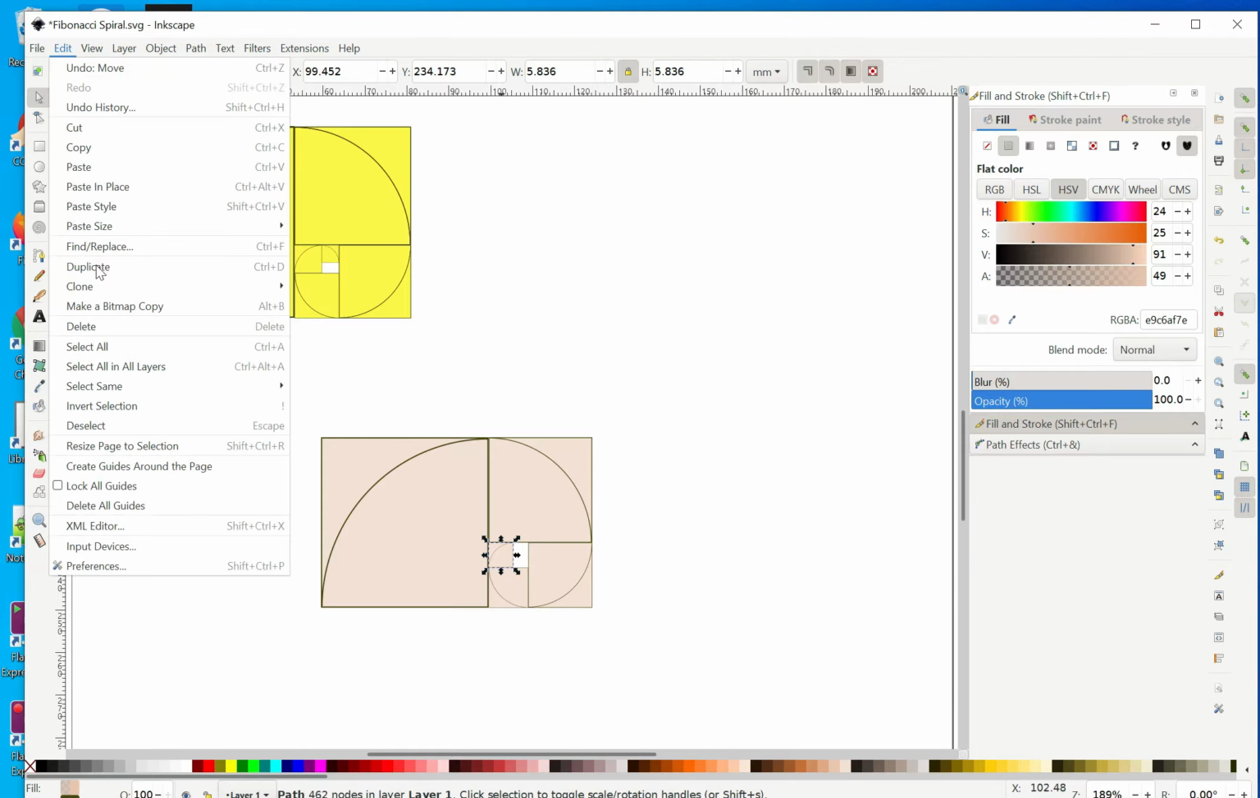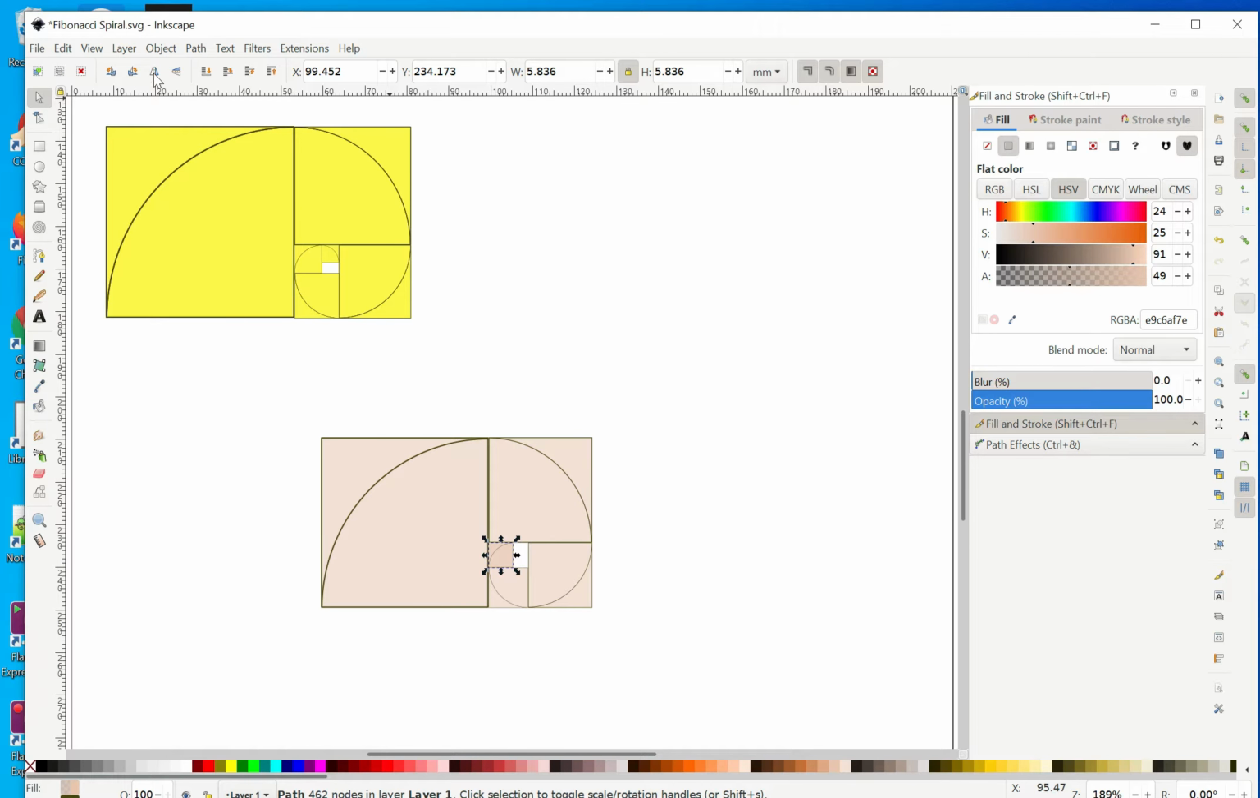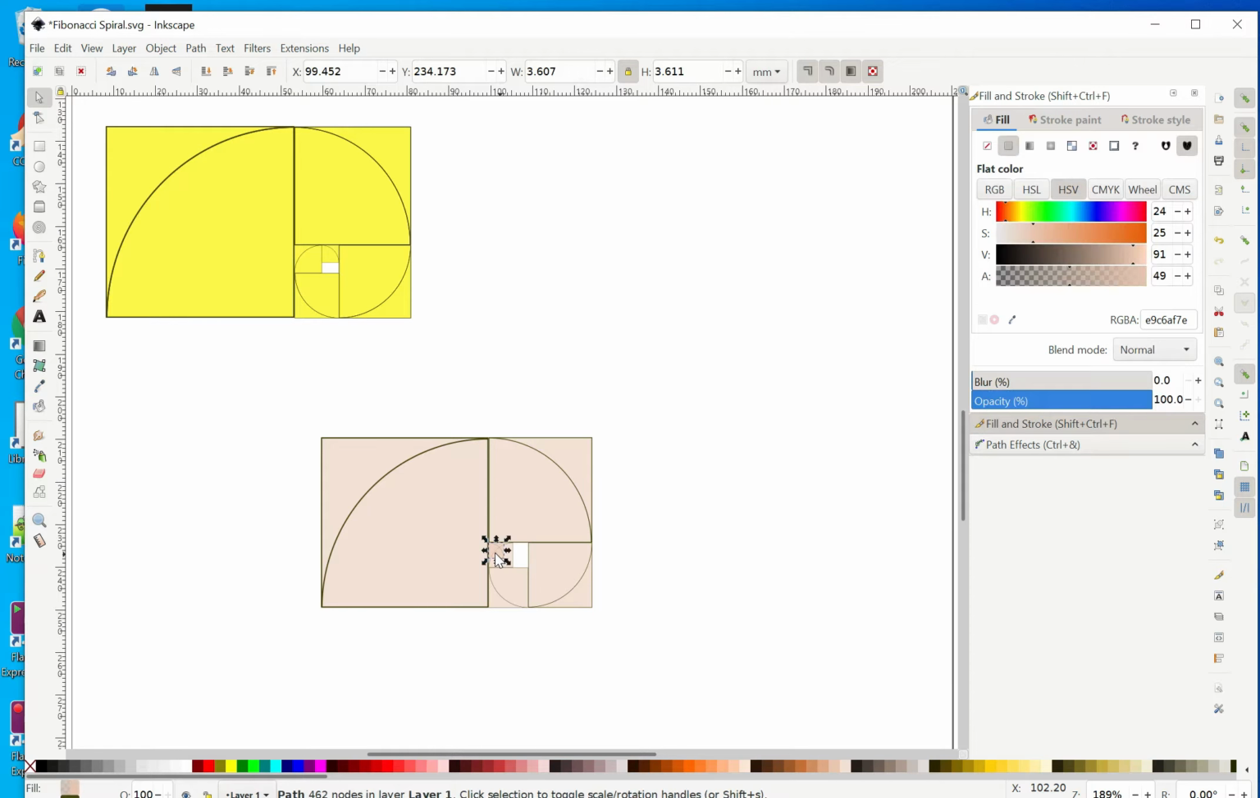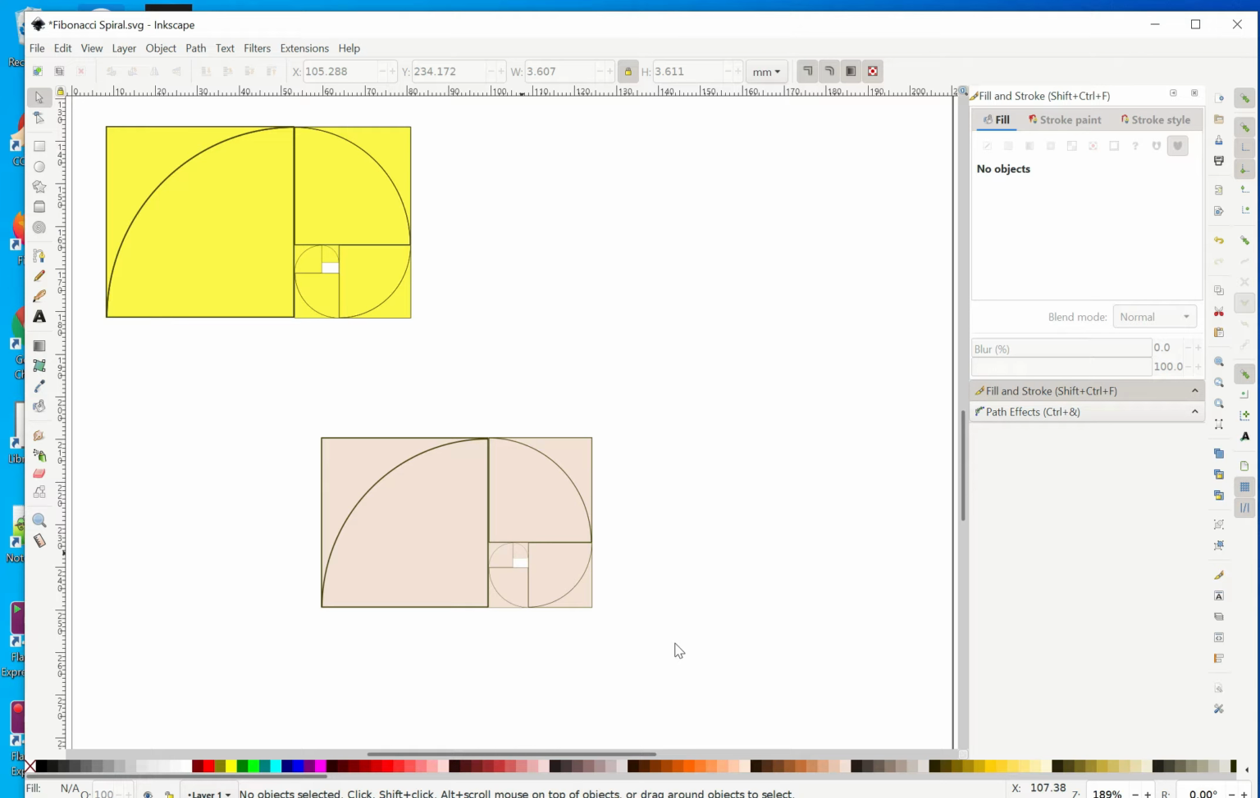We edit, duplicate, rotate 90 degrees clockwise, and divide by the golden ratio, 1.618. So there you are. This is how you can produce the Fibonacci